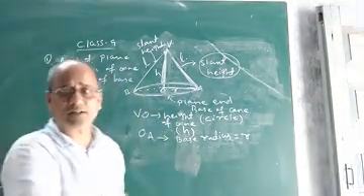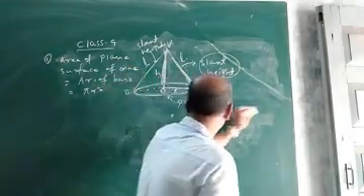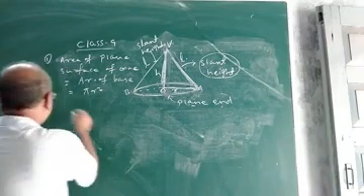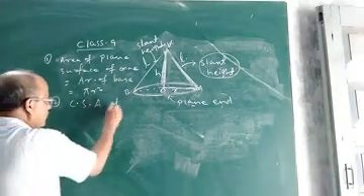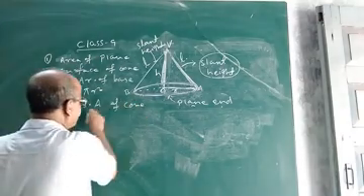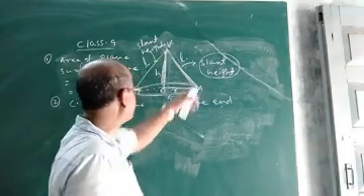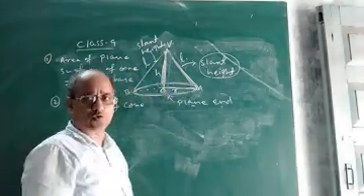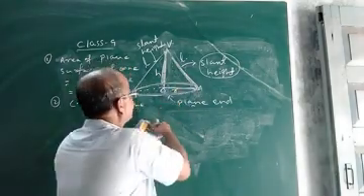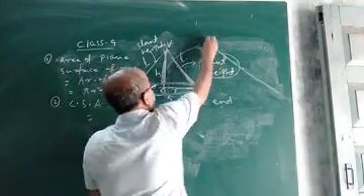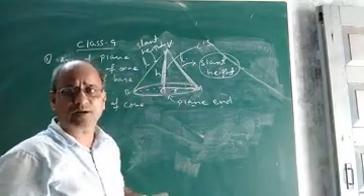Now the point is how to find the area of curved surface, or what is the curved surface area. See, let us find out the curved surface area of a cone. How to find out the curved surface area of cone? What is the formula? You can easily derive, children. Suppose you are given this cone. In order to find the area of this curved surface, this one is the curved surface, what will you do?